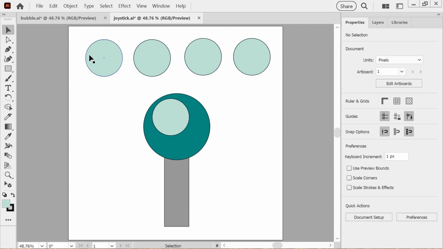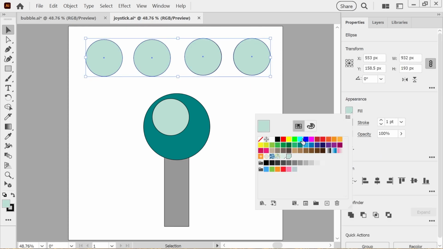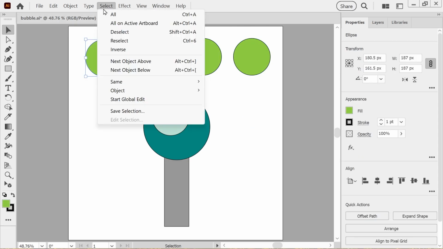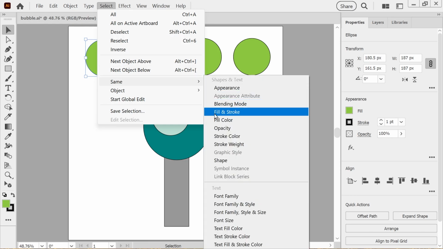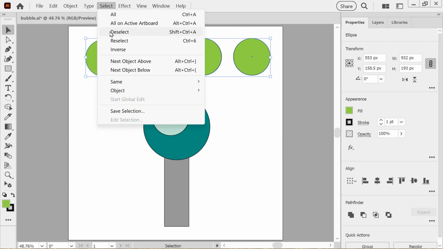It wasn't really what I wanted, so maybe what we should have done is just made sure that we change the fill to something different. Let's just do this one for now. So this way we just select one, we'll go Select, Same, Fill and Stroke, and then all the four are selected. And this is useful because there's even more functionality in this section, which is if we go to Select,